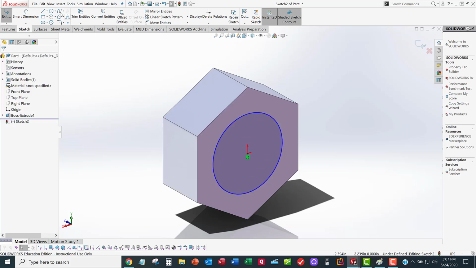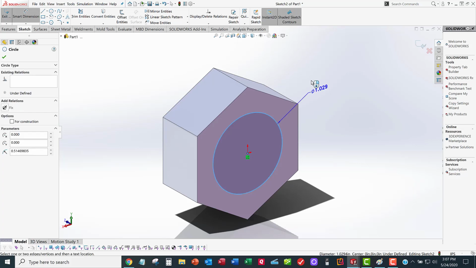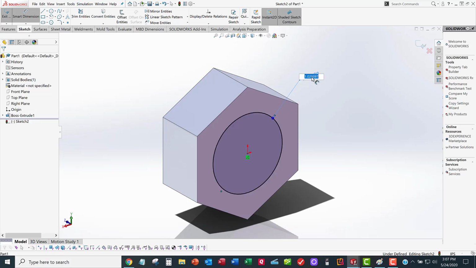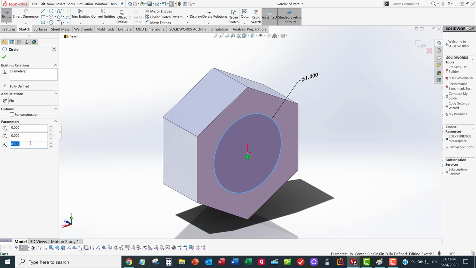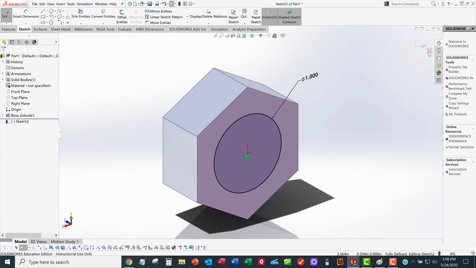So the only way to get a dimensional constraint is to use Smart Dimension and let it guess what I want. So if I select a circle, it's going to assume I want to type in a diameter. Now it's constrained. Now if I select that circle, this is the correct number here, but I can't change that number here anymore because it's dimensionally constrained with that Smart Dimension. So now I can get out of that sketch,